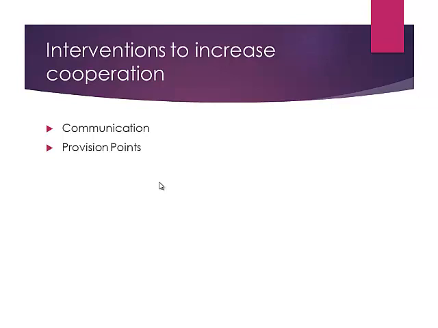So now the question is, and the key reason we are studying these public goods games, is how can we get people to contribute to the public good, because there is an externality problem that needs to be solved. The free rider is a social problem. So there are these 2 interventions that the textbook discusses. One is communication, allow people to talk, and the other is the provision points, which we did. We did not allow communication.